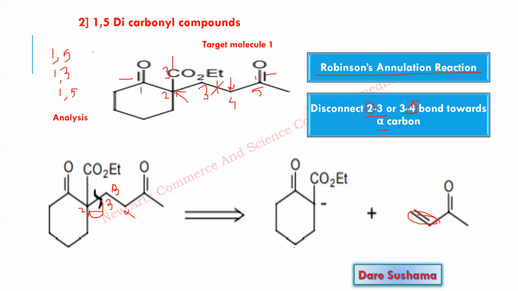So what is this reaction now? This is nothing but a retro-Michael addition reaction. What is Michael addition reaction? This is the Michael donor and this one is the Michael acceptor, in the presence of a mild base. What is a Michael acceptor? A Michael acceptor is always an alpha beta unsaturated carbonyl compound, and it is a 1,4 addition reaction. So what is 1,4 addition? This is number 1, this is number 2, this is number 3, and this is number 4. So this is 1,4 Michael addition reaction.